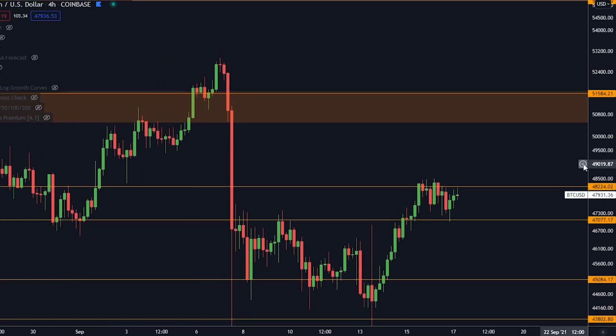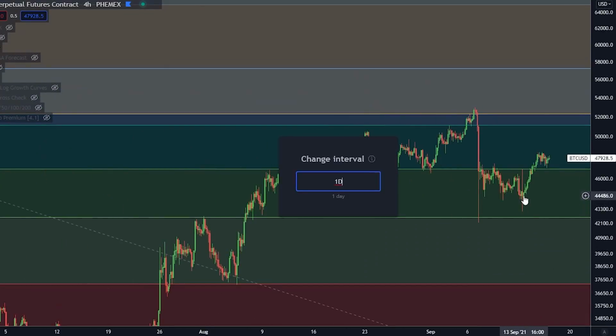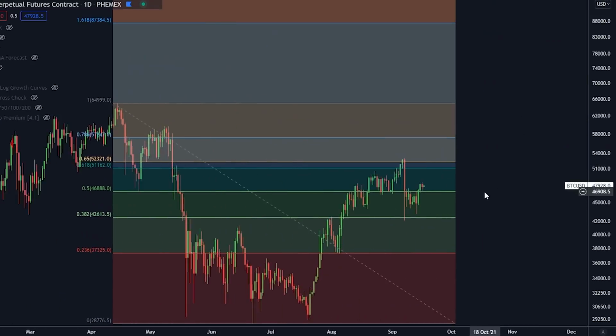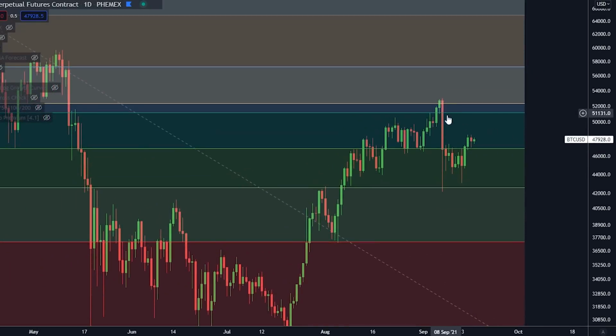But there's one important thing I want to show you, and this is something we have been talking about previously. If you remember why I put this orange box here, this orange box was the golden pocket level for Bitcoin. Let's go to the daily time frame actually. If you draw a Fibonacci from the all-time high down to the bottom of this trend, you get this Fibonacci structure here. And I told you that usually when we go up to the golden pocket, which is right between 51,000 and